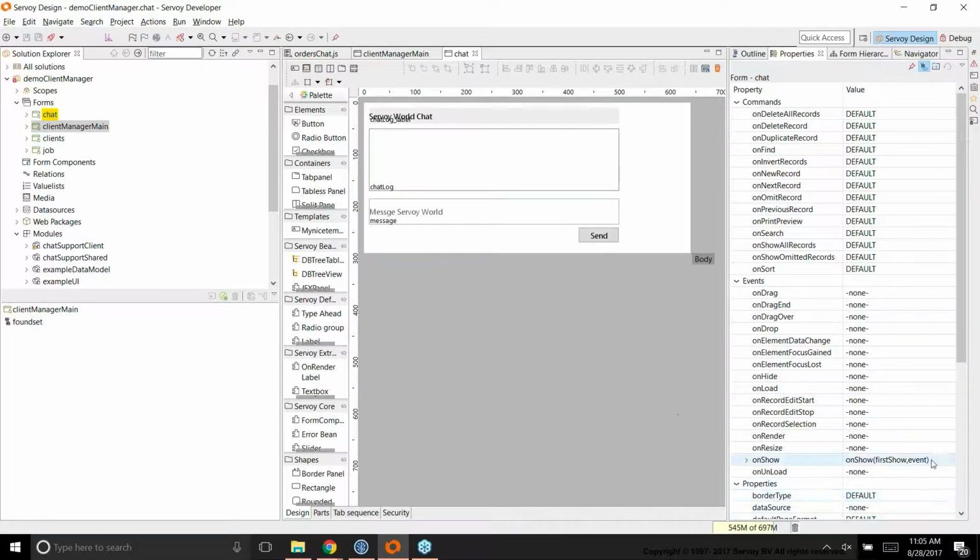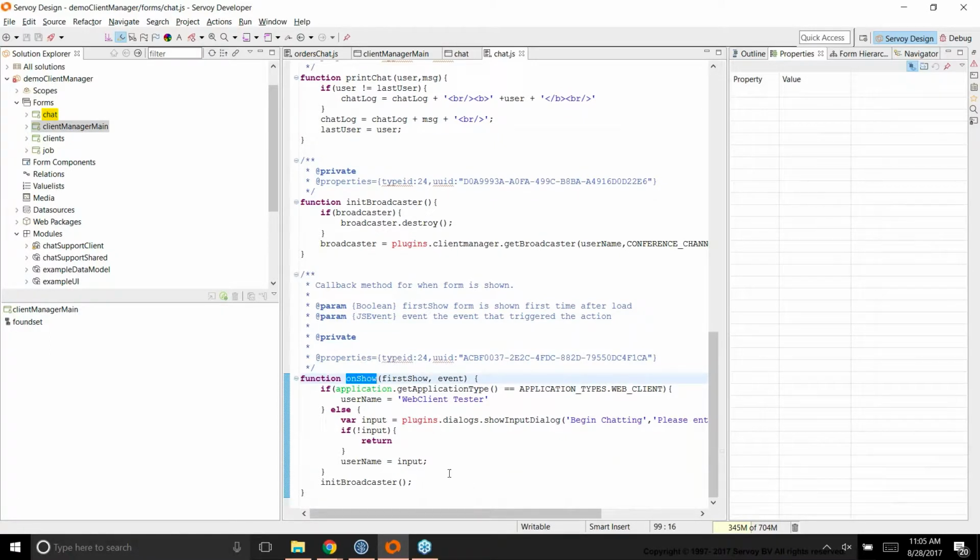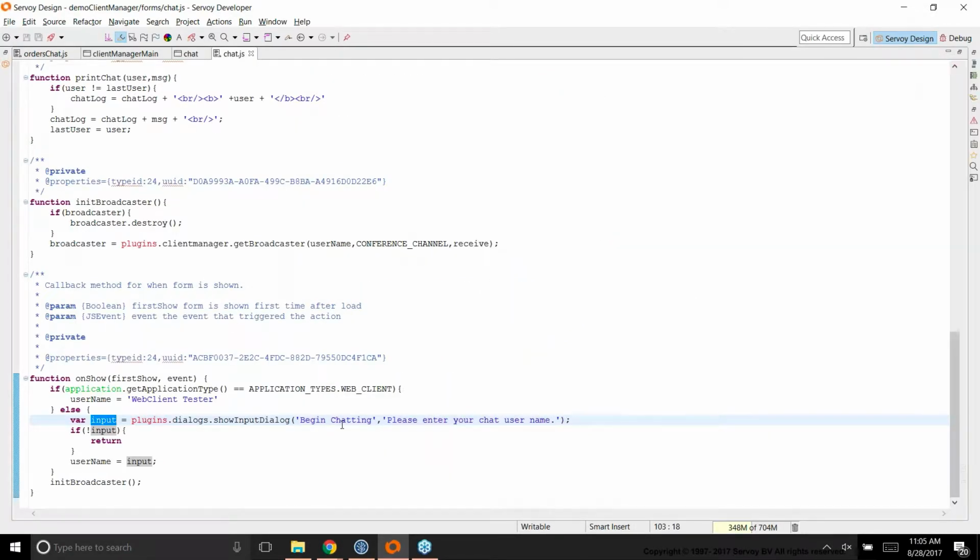So what happens on the first show of this form, if we jump into the event handler for that, is that we first capture the username because we need that to chat under an identified user to send messages. Then I initialize the broadcaster. I call broadcaster destroy. We'll get back to that because that's actually removing from the chat if we were already added. But the one I want you to focus on is right here, where we call the Client Manager plugin